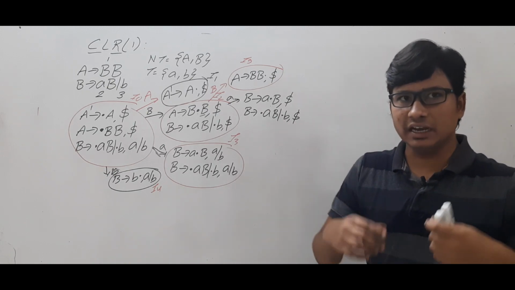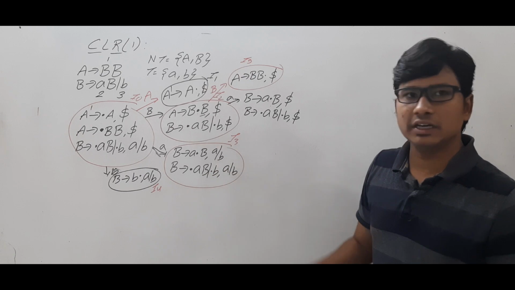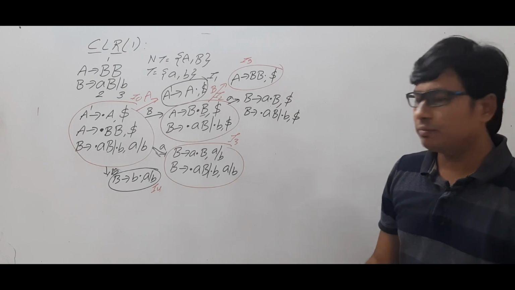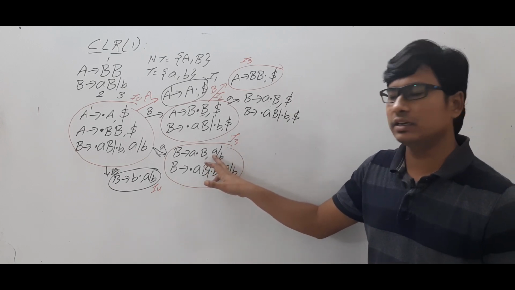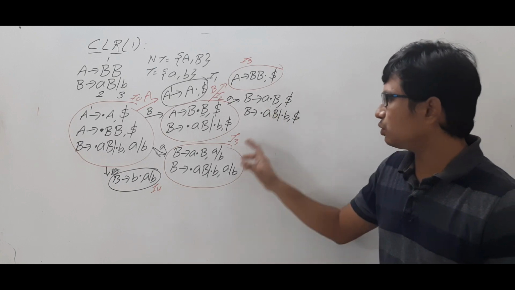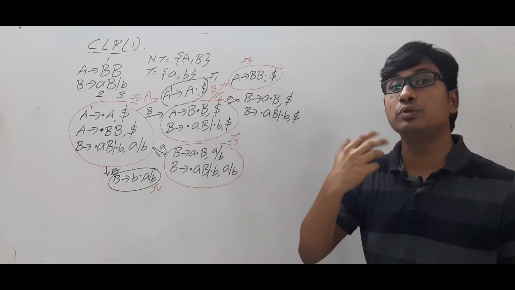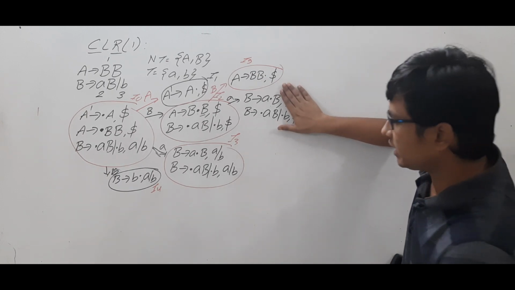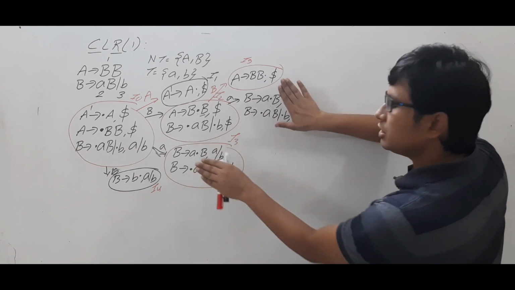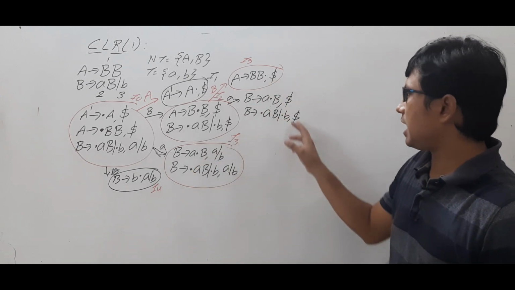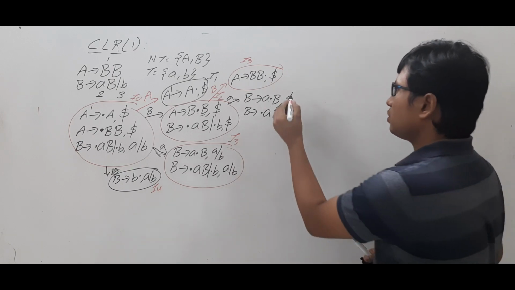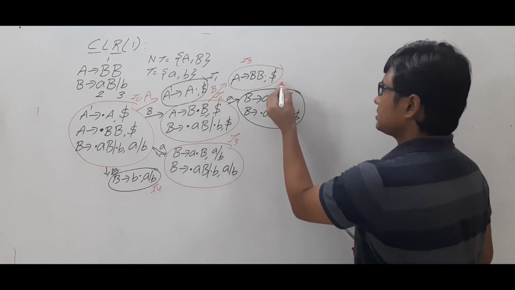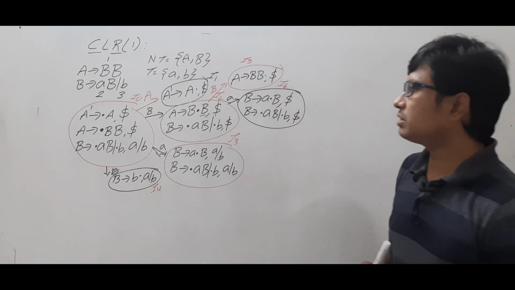Now if you look at it, if it was an LR0 item, this item and this item would be the same, because if there is no look ahead, both are the same. But as there is a look ahead, here the look ahead is A and B, here the look ahead is dollar. As the look aheads are changed, these two become two different items. Are you able to understand? If I remove this look ahead and make them LR0 items, these two items will be the same. Am I right or wrong? Because there are two different look aheads, I should take them as two different items. For this item, I will give the number I6. Are you able to follow with me or not?